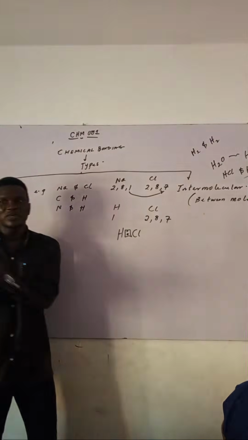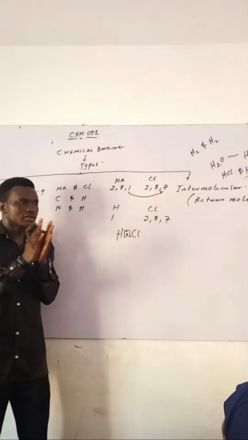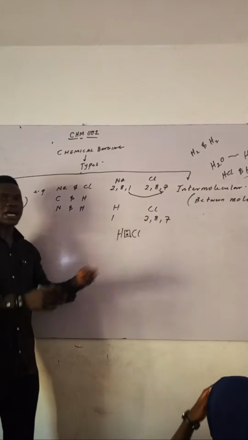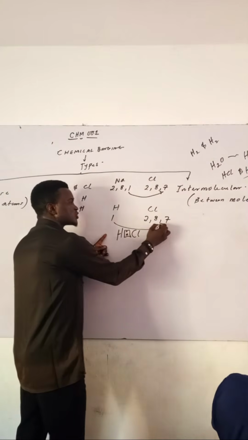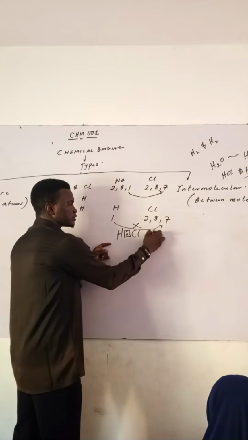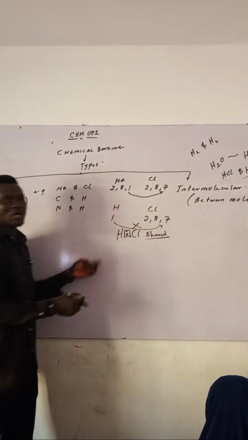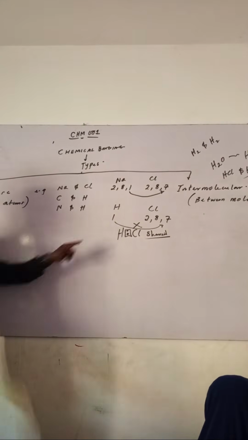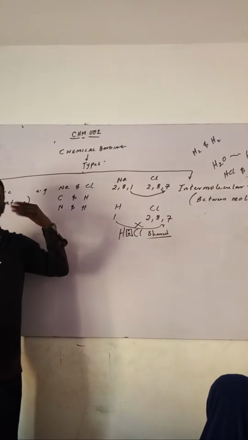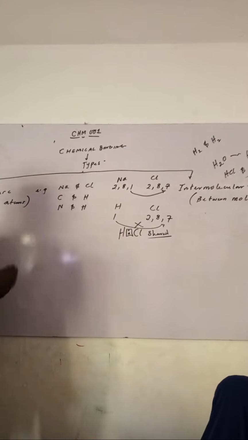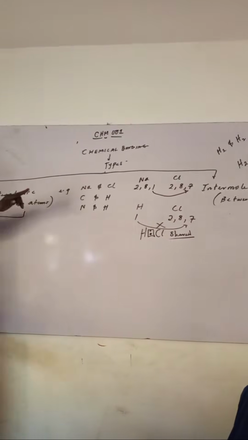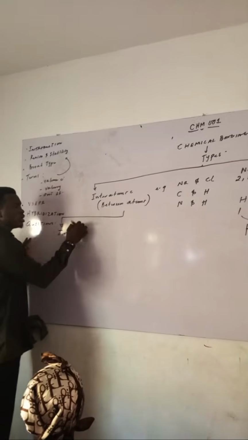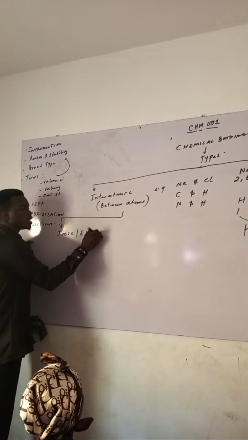So both of them will now be scamming us. Do you get it? At the end of the day, they are sharing it. So in this case now, it will not be transferred. It will be shared. And that's why we have different types. And all of these things now determine properties and a whole lot of things. So let's start from the first one. The ones that involve transfer, we call ionic bonding. So there's ionic, or that is also called electrovalent.